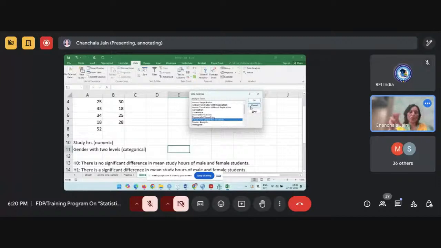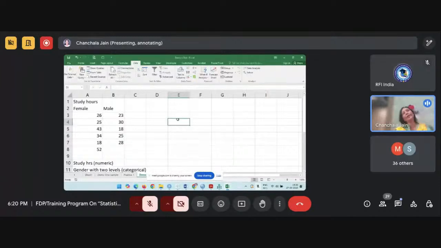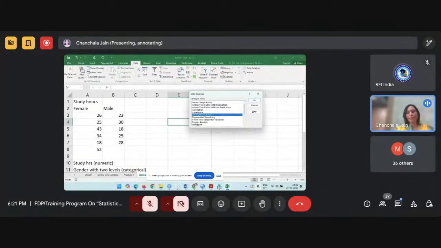So I don't know how many of you are getting clarity about this or not. As I said, every test has certain assumptions. In the case of the t-test, one of the assumptions is that variance should be the same, right? Equal variance should be there. Homogeneity of variance should be maintained by your numeric variable. For checking that assumption, here in Excel there is one option available, as I said, which is named F-test two-sample for variances, right? If you want to check that assumption, you can go with this. And if you are not interested in checking that assumption, you can directly go with the unequal variances case. Means you can directly select this one. Is it clear?